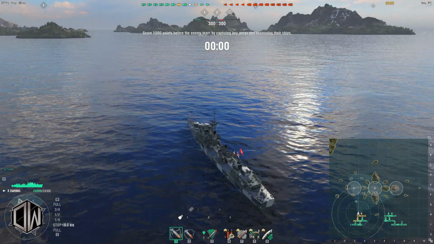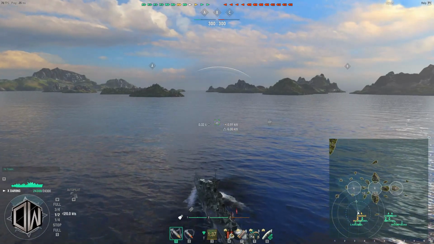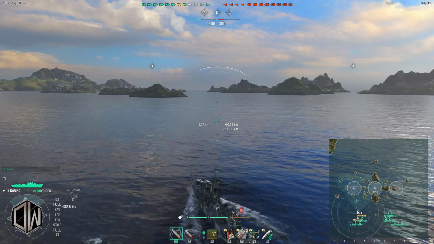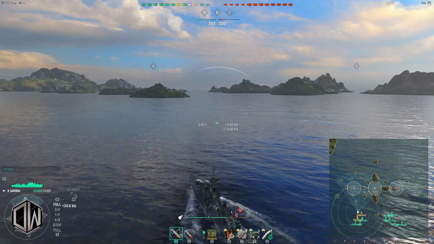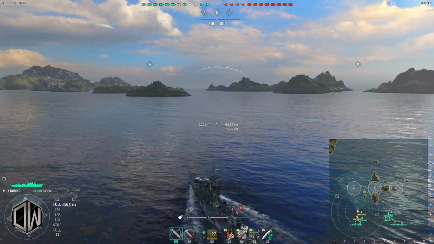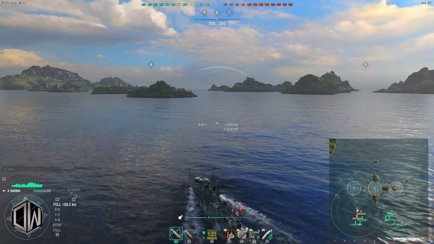So it's quite a tough matchup here. I've got to play it safe. I've got to think about what I'm doing. I've only got 6 kilometer concealment, so I'm not the stealthiest ship at this tier. I've got to think about where I'm positioning, what I'm doing, and how I'm going to use my power,